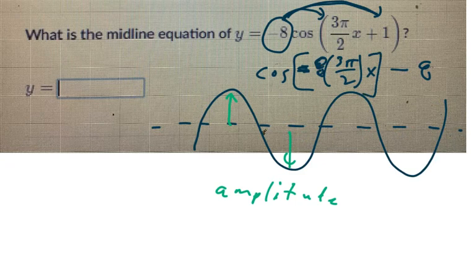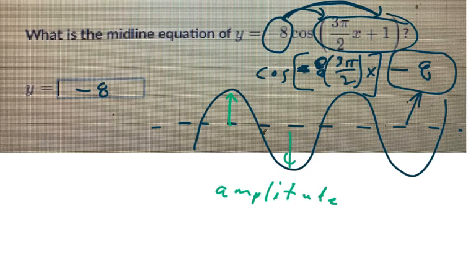It's because the number at the end tells you your shift up and down. It tells you where your midline is. This right here, guys, is your midline. So my midline is at y equals -8. It's that simple. Whatever number plus or minus is at the end of your function, that's your midline. And again, the tricky thing to this one is I had to distribute the -8 because they put everything together in the parentheses there, right? Okay, so